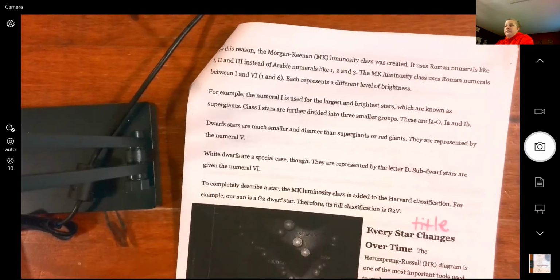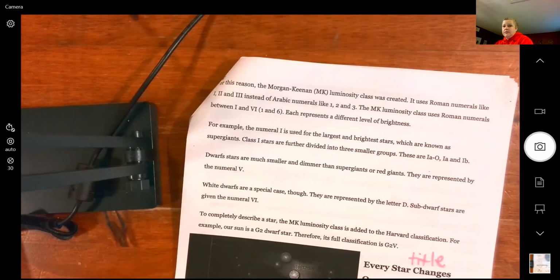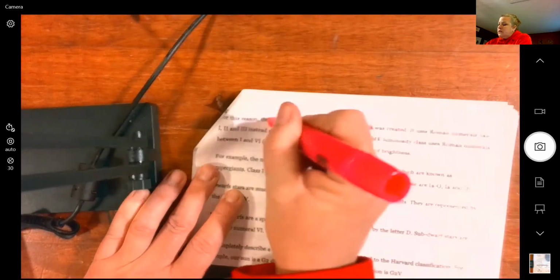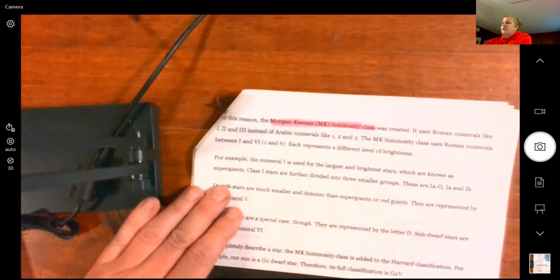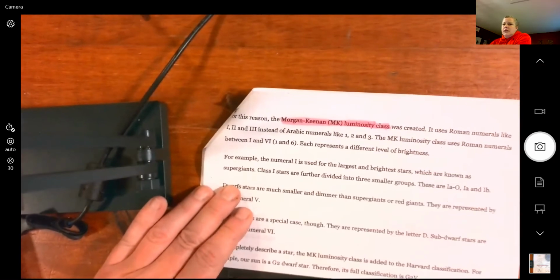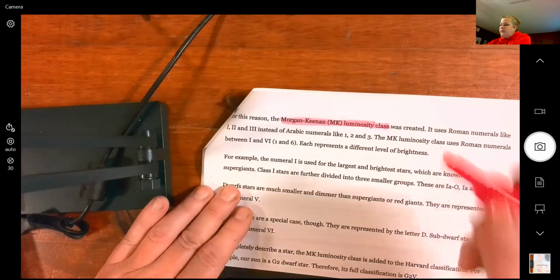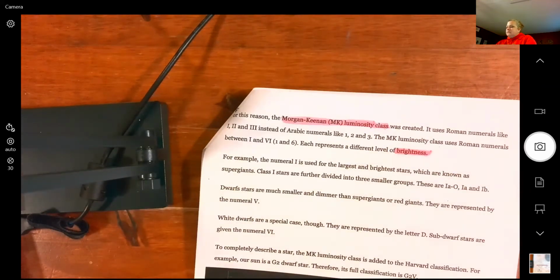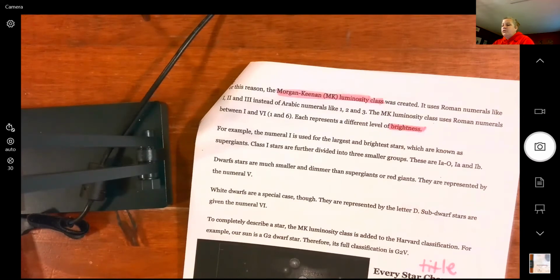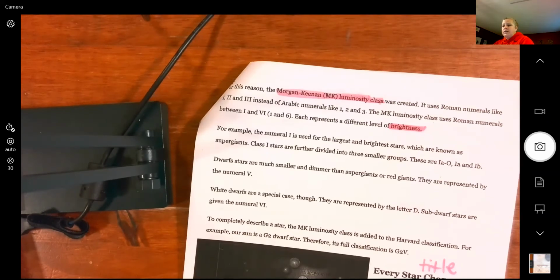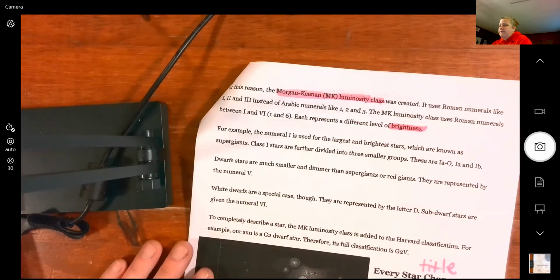All right, now I think the main thing here is what's the second classification system. This one. You don't need to know these names, you just need to know that there's different ways to classify stars. And what do they base their decision on? The first one is temperature, and this one is brightness. And the next key in this part is they define the different names of stars. That's really important. You don't need to know which one uses Roman numerals or which one's created by this person, but you do need to know how stars are classified.